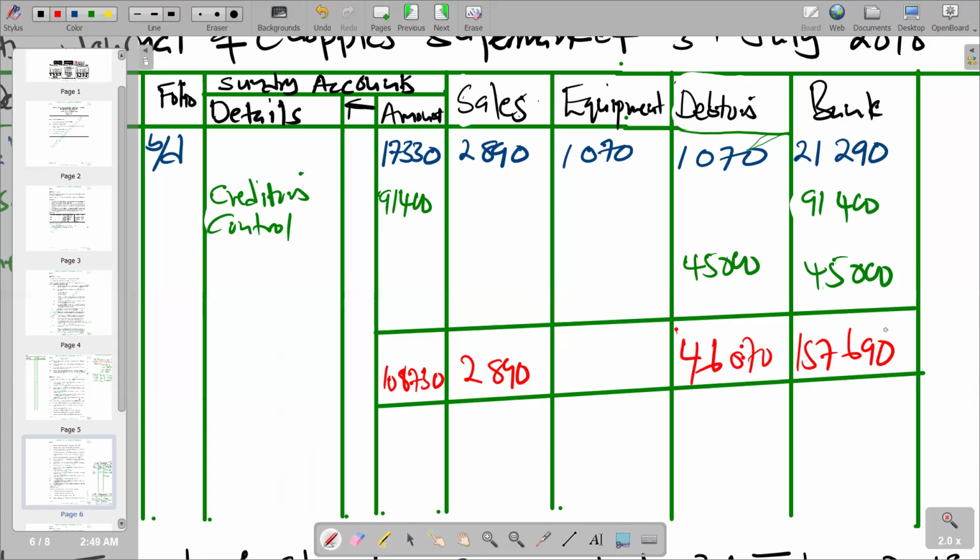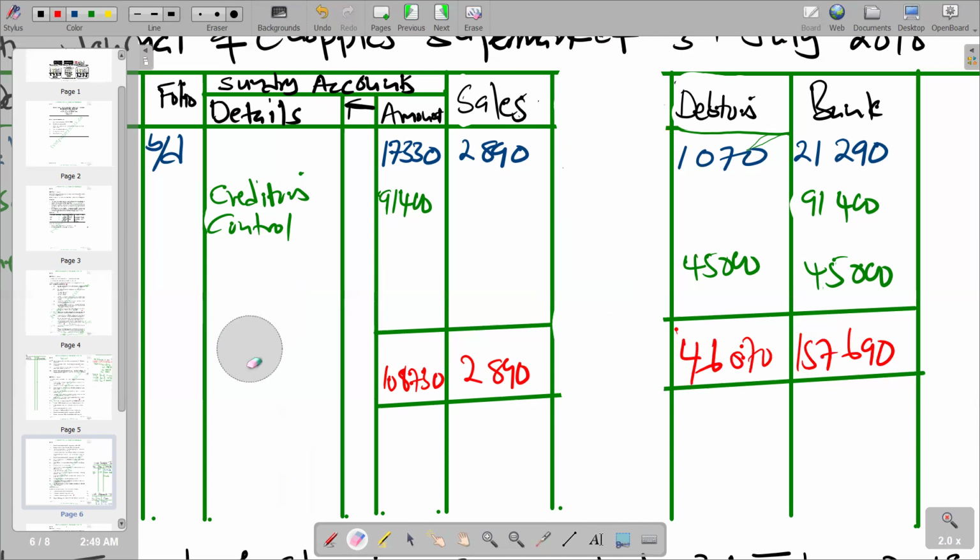So this is what we have. And this column for equipment is not supposed to be there, so we can just remove everything in this column. It only appears in the cash payment journal. So this was the error. So we can have these totals, and obviously we have got totals that are going to matter in the bank account. In the bank account, we are going to be concerned with this total,